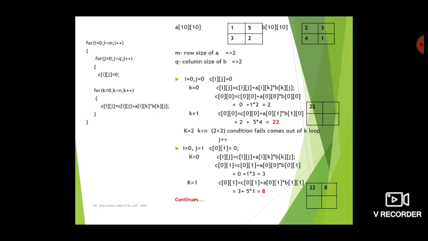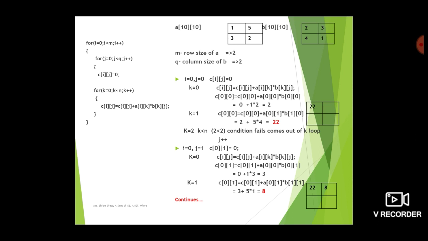So students, I hope this is clear to you. So if you want, you can trace the further iterations. So in the next iteration again k becomes 2, then the for loop will fail. So the control will go to j, which again gets incremented, j also will become 2. Again the condition will fail. So the control will go to the outer for loop where i gets incremented. So now i becomes 1, i was 0 and becomes 1, and again the loops will continue as before. That means now one row is over. Next we will calculate for the second row.